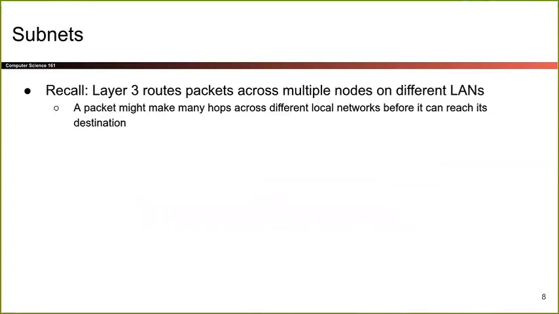Let's see. I think we talked about this already, but if I want to route a packet at layer 3, remember, all the computers on the internet are not connected together. It's not like there's a single wire that connects every computer on Earth. Instead, we have lots of different local networks that are connected up. Between two local networks, I connect them with something called a router. So if I want to go from one local network to another, I have to hop across a router. If I want to go to a local network on the other side of the world, I may have to hop across a lot of different routers before I can reach the destination.